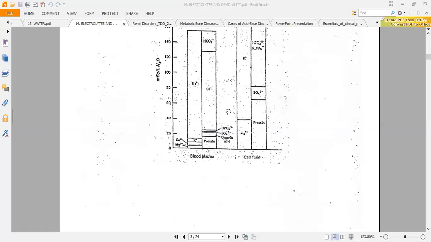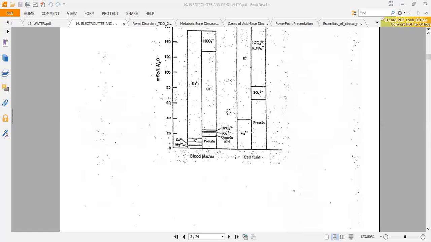Okay, so as we already know, we've talked about water compartments, but we also have electrolyte compartments. So the electrolytes are also compartmentalized. For the electrolytes, we have the cations and then the anions, and we must know where these are